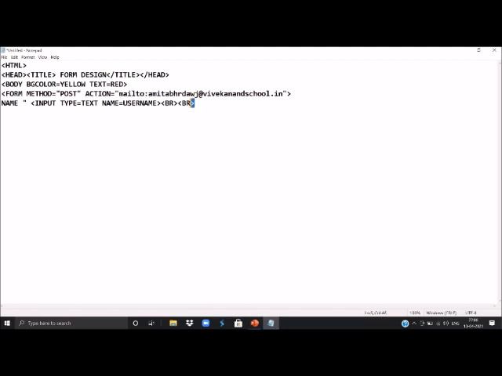Now we will copy it and we will keep on changing its value. Here we can give a colon like this. Now after name, suppose we want to get date of birth from the user, so we can give here the label date of birth.